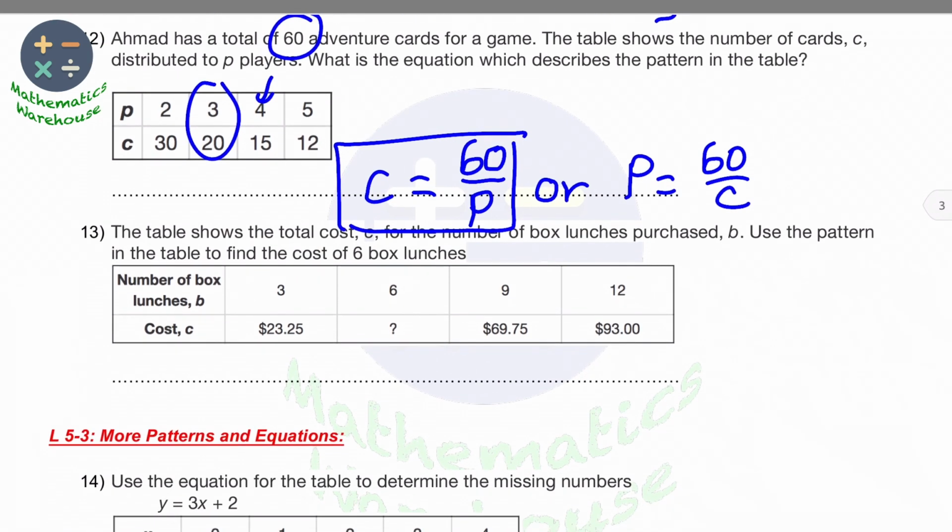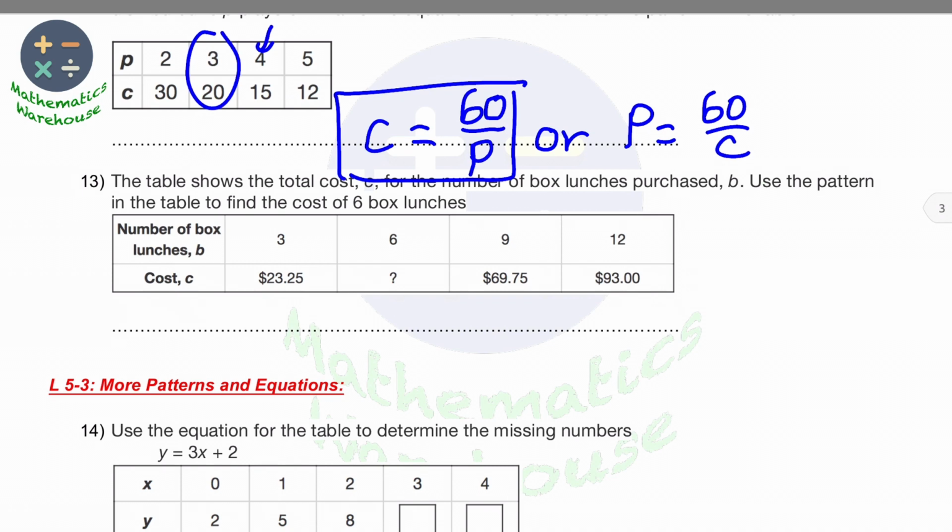Next question. The table shows the total cost C for the number of box lunches purchased B. Use the pattern in the table to find the cost of 6 box lunches. As we said, when the number increases, it may be multiplied or added. Here, if we say 3, now it's 23.25, so we add 20.25. If you add 20.25 to 9, it would be 29.25, and this is not the same answer. So it may be multiplied. To know the number we multiplied by, we have to divide this number by this number. So now divide